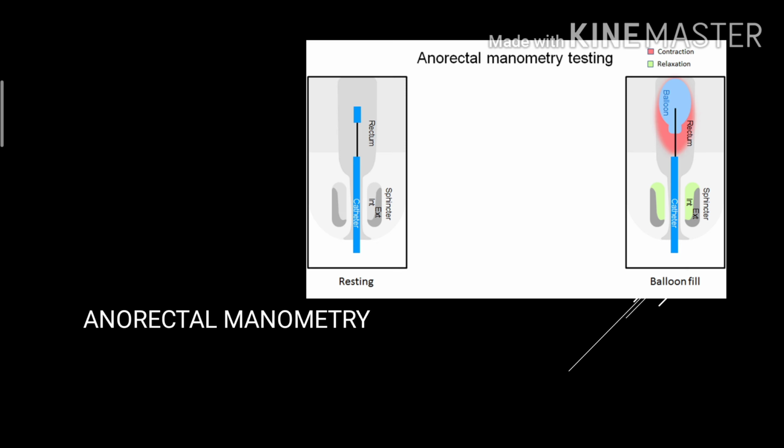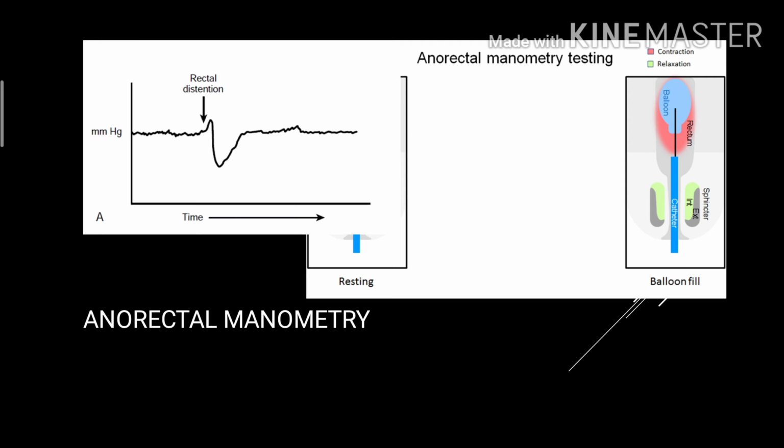In those cases, earlier even in our institution, anorectal manometry was done, but it is not that specific and sensitive in newborns. So over time, we started depending less upon anorectal manometry and gone for the contrast X-rays. So how does anorectal manometry work? We have a rectal balloon here. Suppose the balloon in the rectum is enlarged, that is the rectum is dilated, what we expect is that the sphincter should relax.